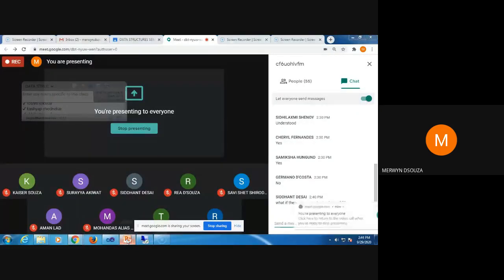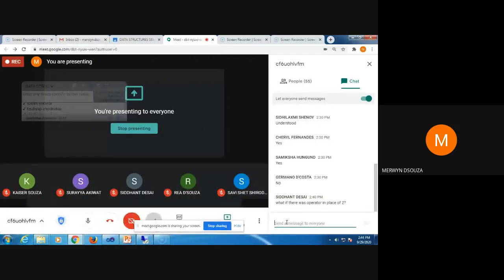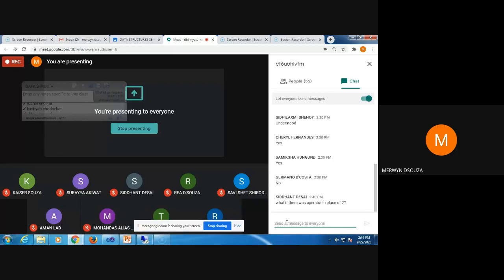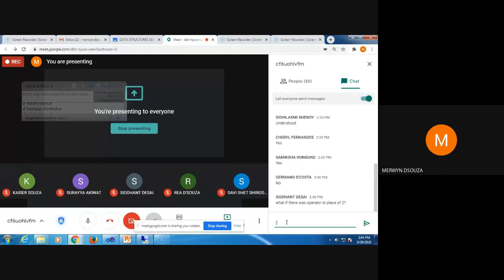Okay. So any other questions? Okay. You all try one problem on your own. You can take down: convert the following expression from infix to postfix.